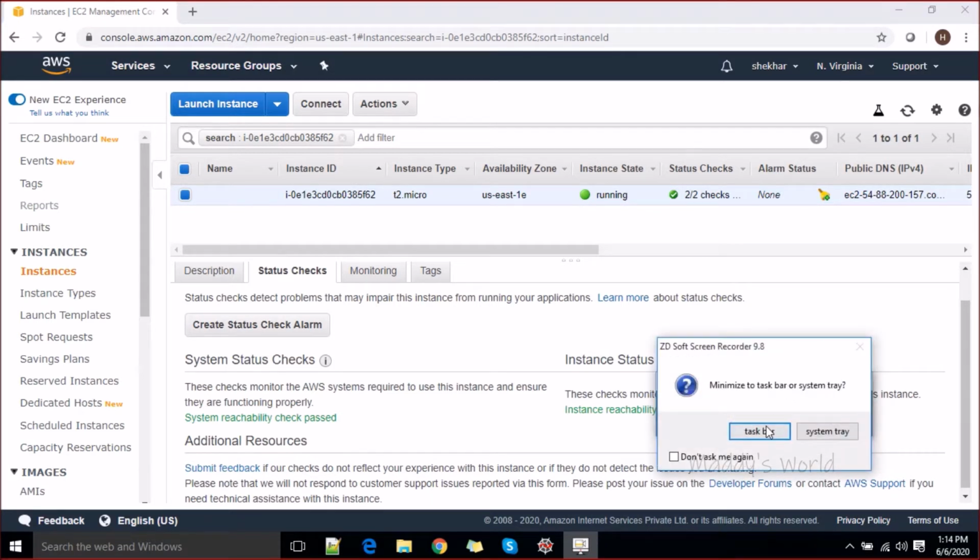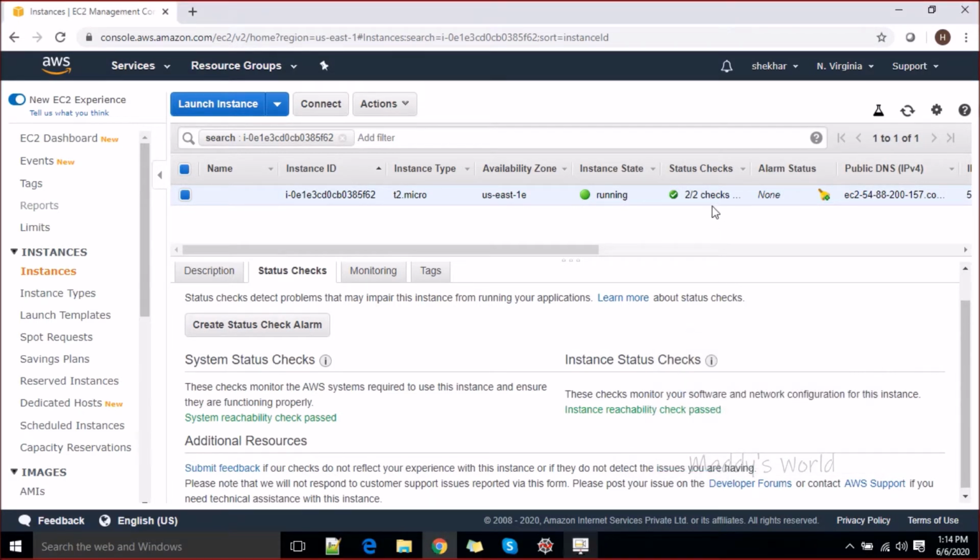Right, we can see here now, it says 2 out of 2 checks have been successfully passed. The first check says system status check, and the other says instance status check, right? Both are somehow similar. Both have been passed now, and you can see the instance is accessible and reachable for us. It says system reachability check passed, instance reachability check passed.